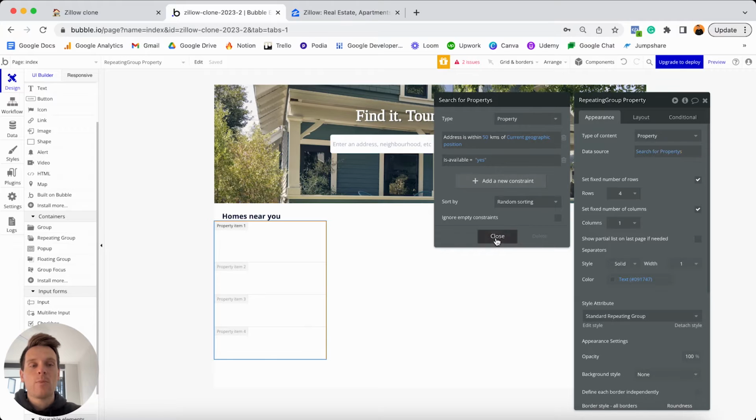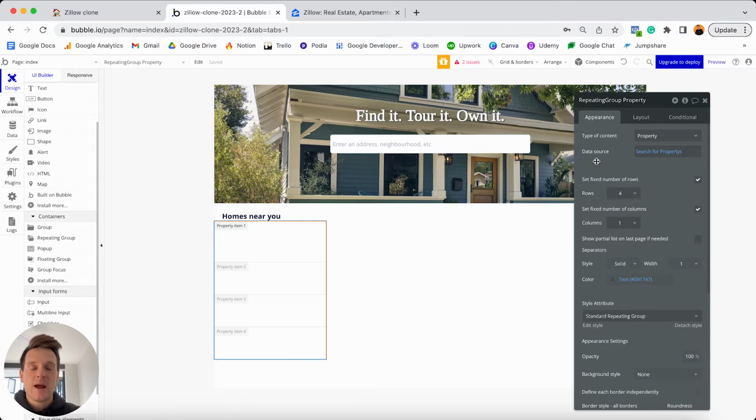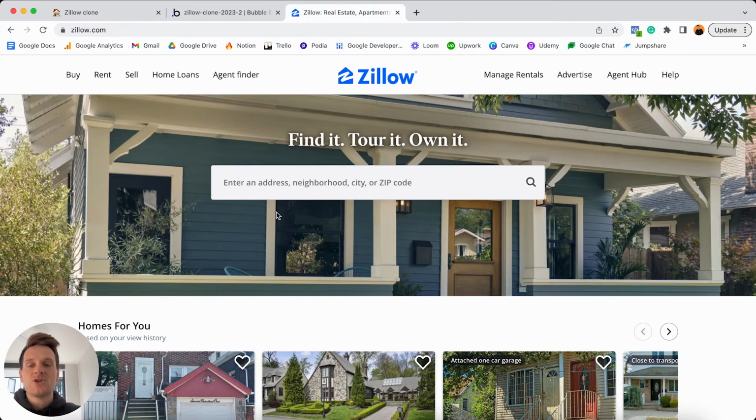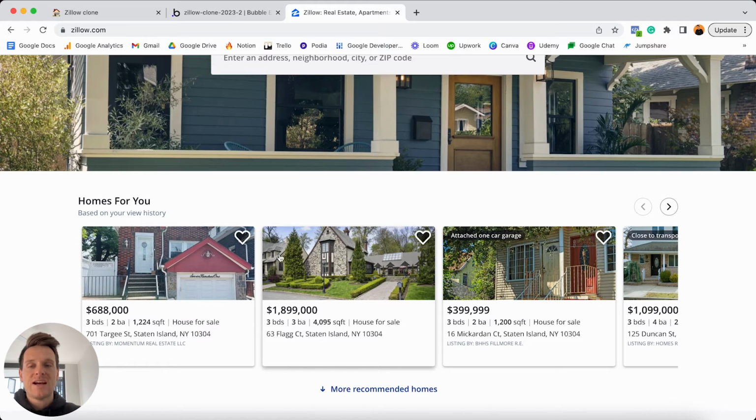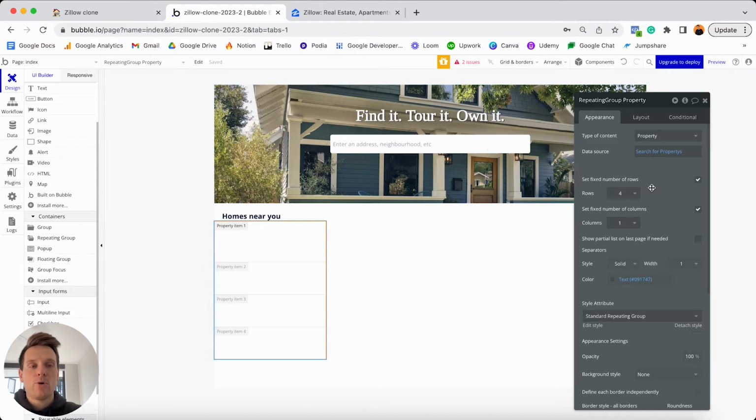So at this point in time, we've created a truly custom experience for our end users. But now we need to actually format this repeating group. So if I was to jump into the real world Zillow product and just scroll on down to the list of properties here, what you can see is that each property is displayed almost like within this little card or this tile here. And inside of that tile, we've got things like an image. So this is the featured image of that property. We've then got the price, as well as some information about this property, and of course the address of that property. And so in order to replicate this experience, if we jump into Bubble, we're just going to need to